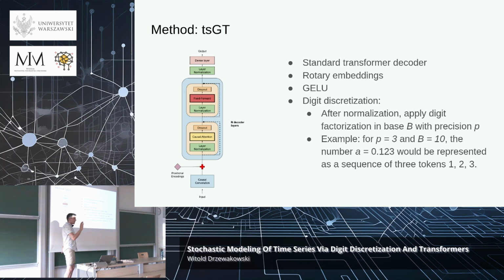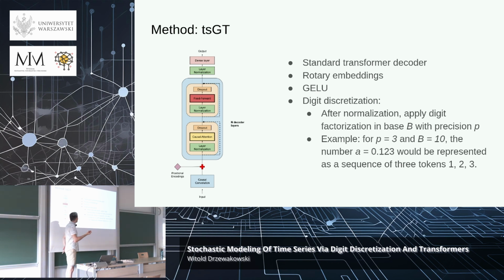Yeah, so our method is actually, as I was saying, very simple. We take an input value, we split it into a fixed number of digits, in this case 3 digits, right? So we have 3 tokens. So you can think that the whole space of possible real values we sort of split into 1,000 possible values and then represent one of those 1,000 quantized vectors as 3 digits, each digit being from the range from 1 to 10, right?